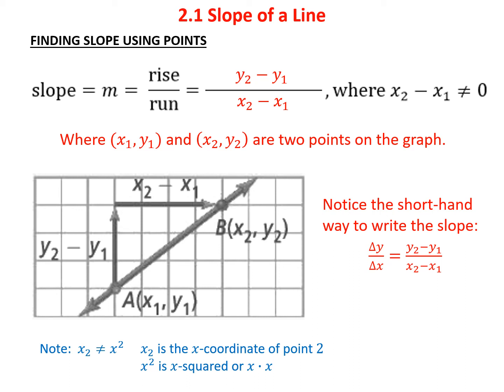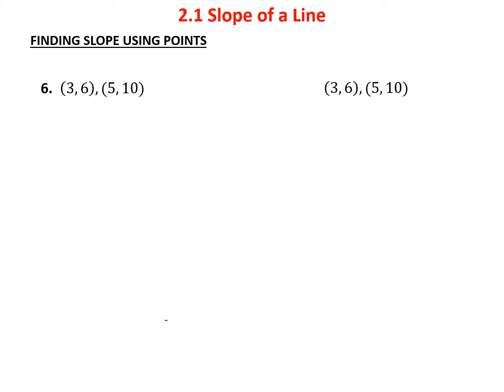X squared, you remember, means when I take x and square it, in other words, x times x. So it's 2 different things. If the 2 is up above, it's a squaring, it's an exponent. If it's down below, it's pointing out a particular point. All right, so let's see how to use the 2 points to find